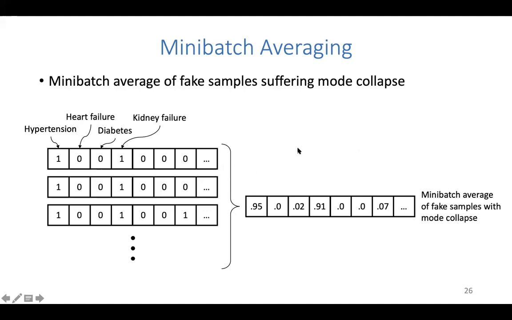But if we want to provide correlation information as well to the discriminator, then we need 64 extra dimensions, because correlation requires a pair of features or pair of columns. So there are 8 columns, which means there can be 64 dimensions of correlation information. In that case, we are providing 8 plus 8 plus 64 dimensional information into